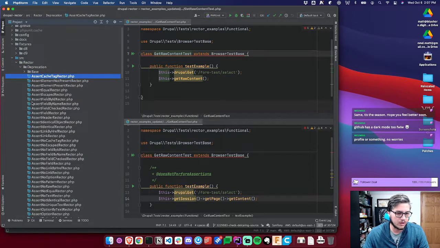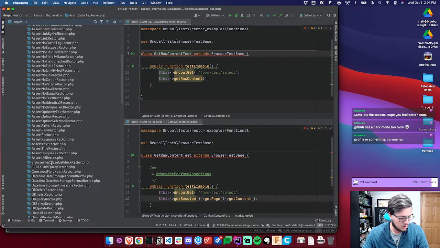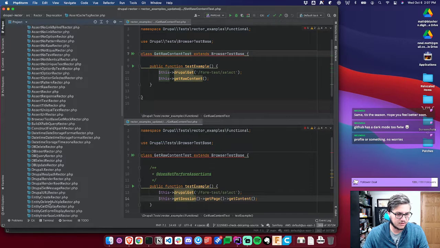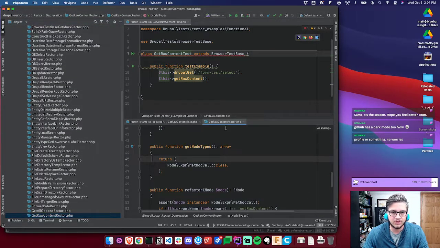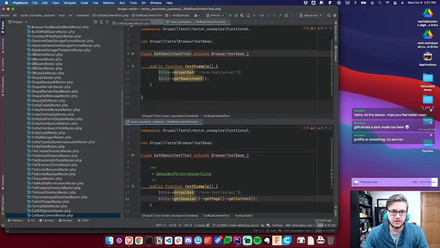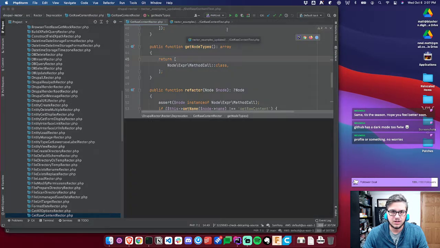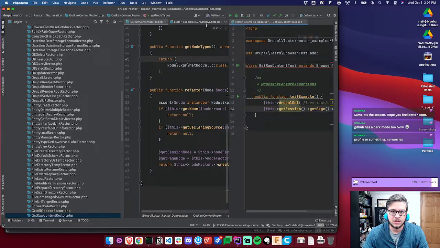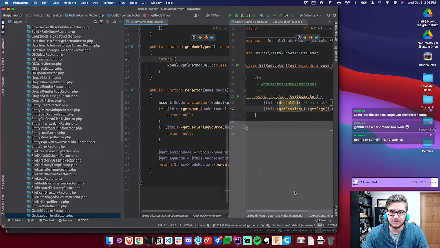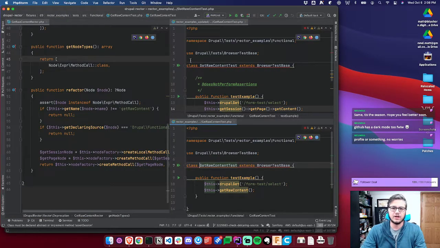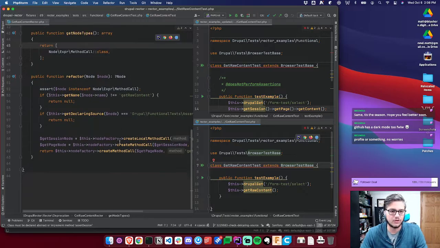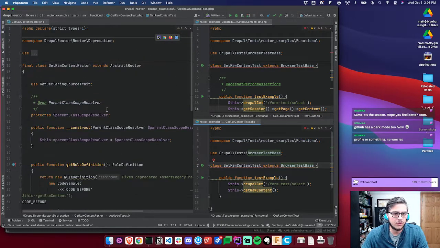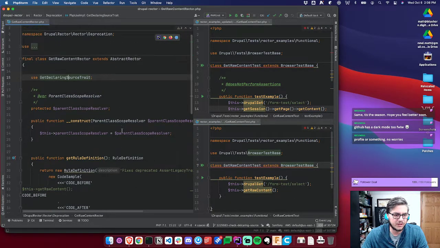So let's do rector. We'll go to get content rector. Or is it get raw content rector? Let me see if I can get these windows arranged decently. All right, probably don't need it to be split this much, but I want to try to keep my context going. So get declaring source